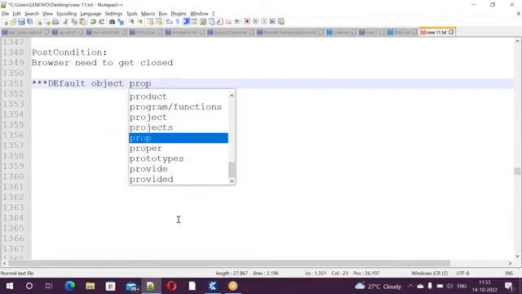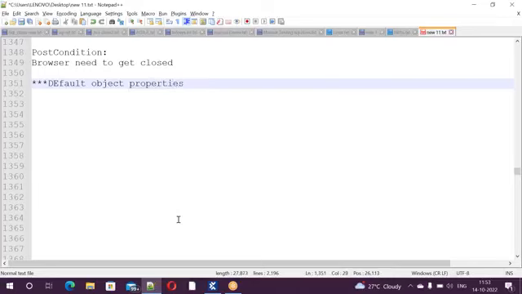Okay. We have something like technical properties or object properties. Okay. Default object properties. I can say Tosca default object properties. Tosca will take this object properties only. Okay. So you know that